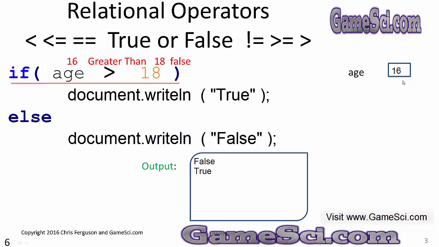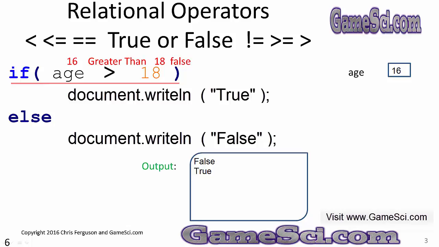Now, one of the reasons I'm showing you different values in the variables is I want you to understand that every time this code executes, it could take a different path. It all depends on what the value in age is and what the relational operator is. I need you to understand that this is what makes it computer programmable. It makes it programmable because every time this software runs, it could select or choose a different piece of code